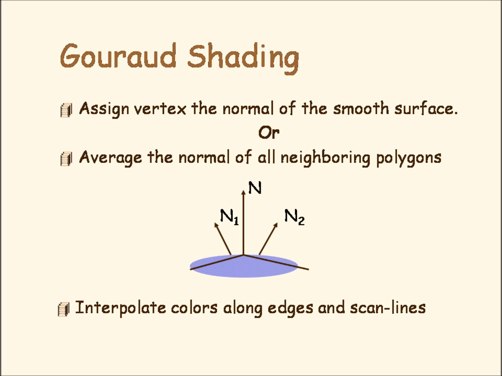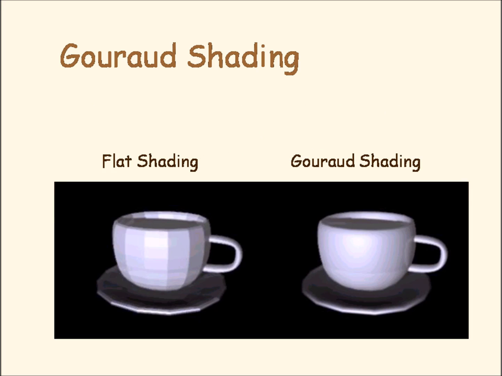As you see in the figure, we have three normal vectors: first n1 and then n2 on different surfaces of the polygon, and in the middle we have normal vector n, which is an average vector of n1 and n2. After that, an interpolation process is applied to generate Gouraud shading in the image. Here you are viewing an example on the slide. An object is represented after applying flat shading and Gouraud shading.